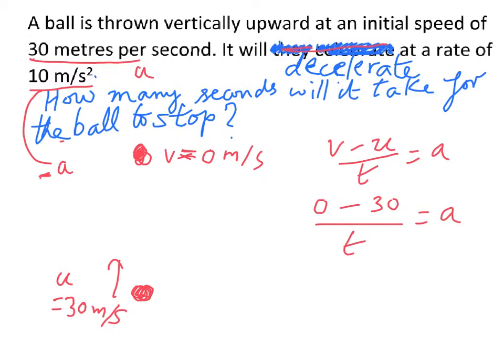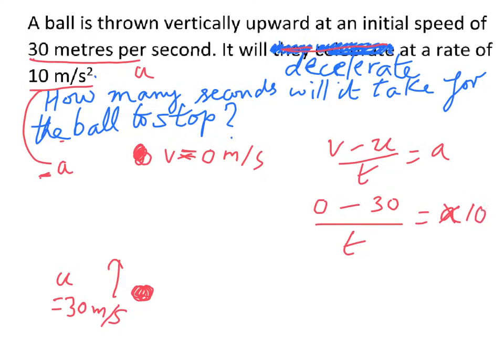Or you can simply put the change in speed as minus 30. That's perfectly okay, because if you imagine it goes from 30 to 0, the change in speed is negative, it's minus 30. Now, if you rearrange this equation,